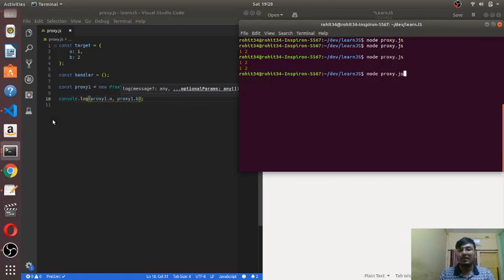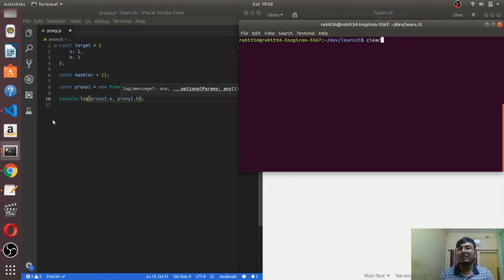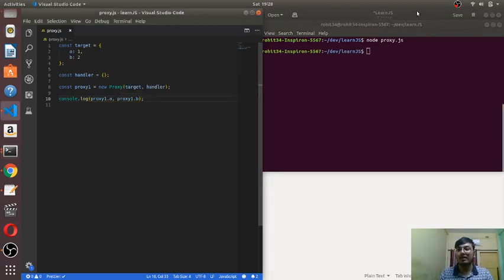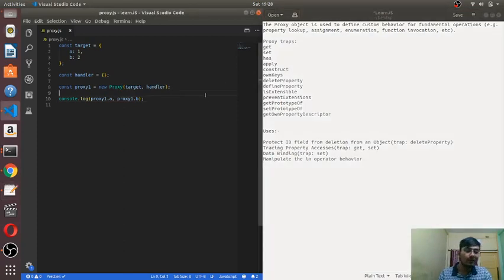I actually did this earlier, and what I get is this: node proxy.js. Let me clear it and do it again. Node proxy1.js gives 1, 2. As was expected, since we had done nothing on the handler. The handler was an empty object.